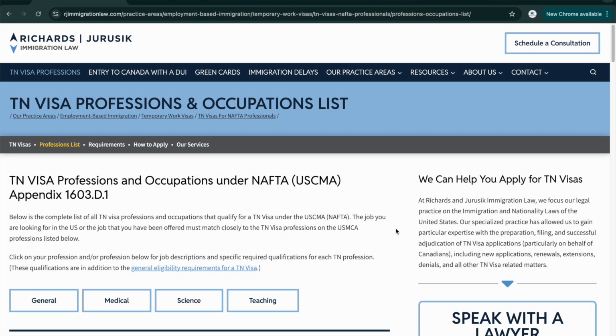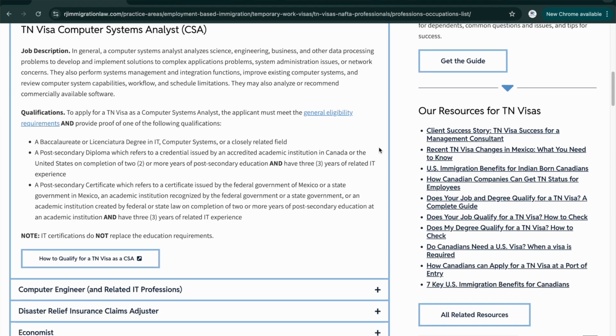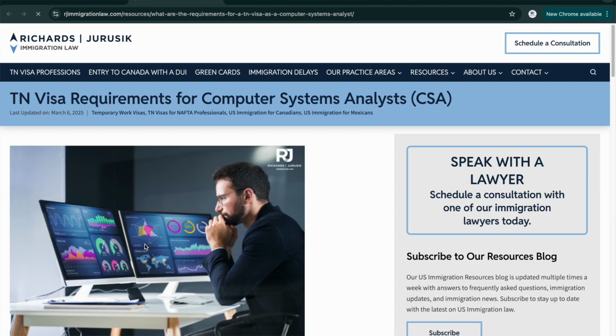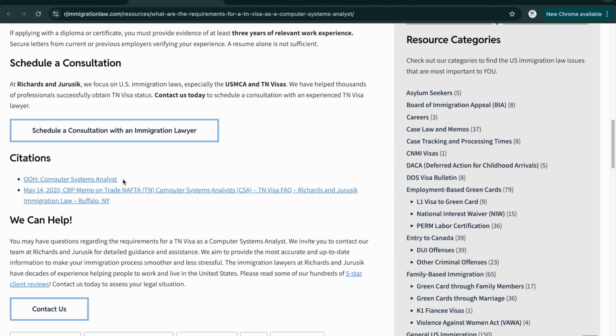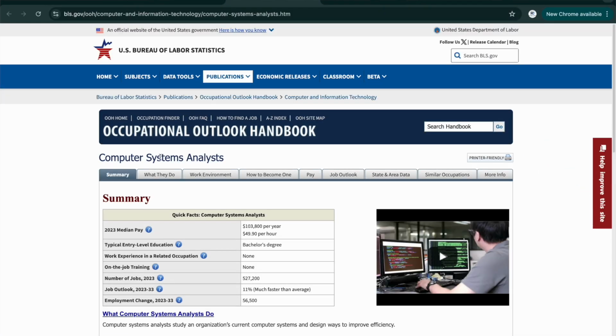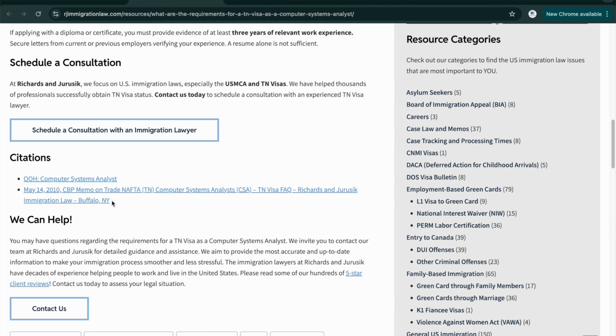And while I'm discussing this, I'm going to be referencing a few different resources. The primary one will be our website, where we have an in-depth explanation of the requirements for a computer systems analyst. At the bottom of that blog, there are citations. One of those citations is to the U.S. Department of Labor's Occupational Outlook Handbook that talks about the requirements for computer systems analysts, as well as an important